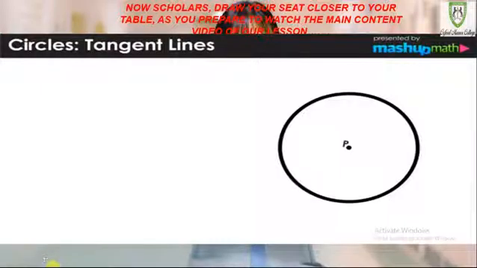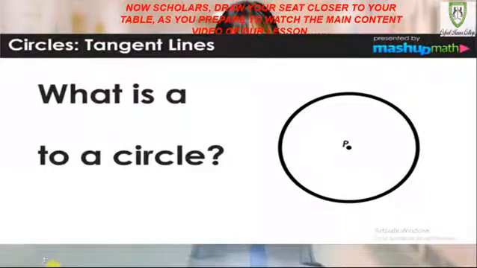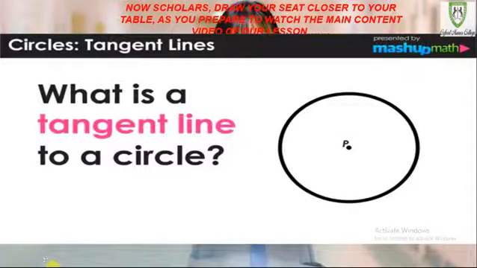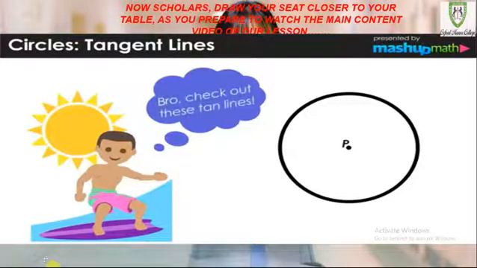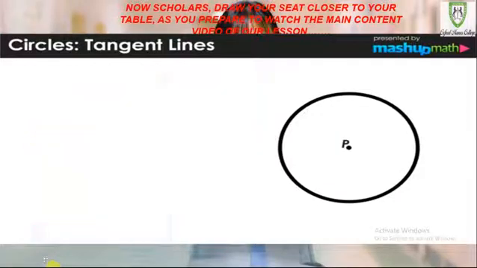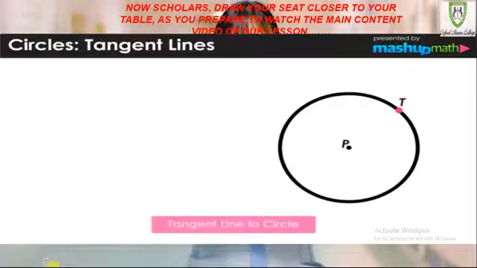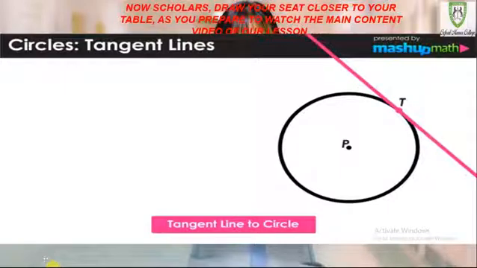Hey there everyone, thanks again for joining me on this lesson where we are going to explore the relationship between circles and tangent lines. So let's start with the question, what is a tangent line to a circle? Let's take a look at a circle with a center at point P. And let's also imagine another point on the circle, and we'll call that point T. A tangent line to a circle is a line that intersects the circle at exactly one point, in this case,